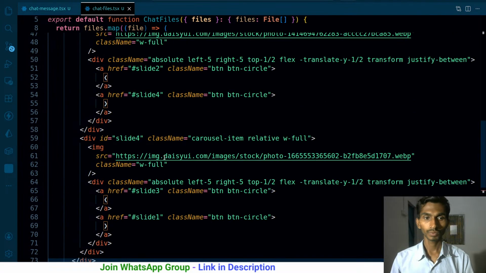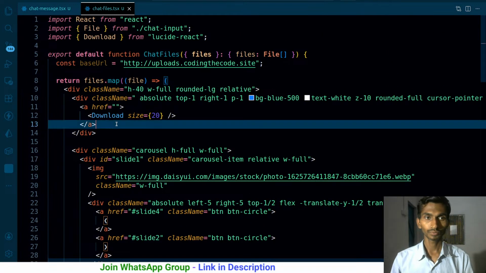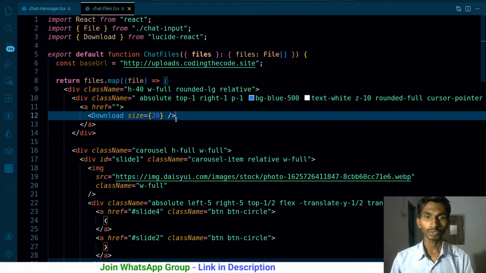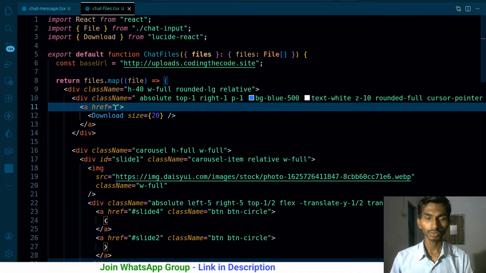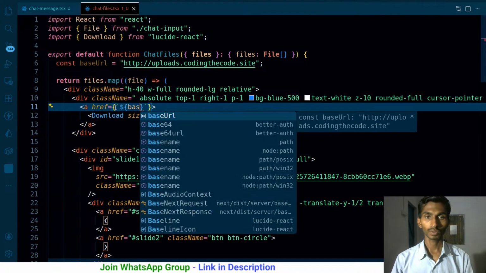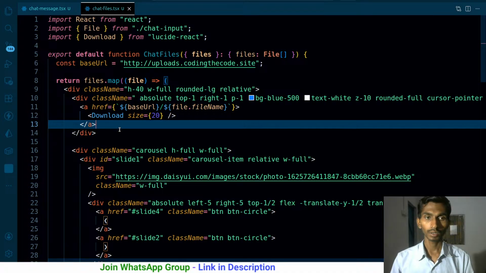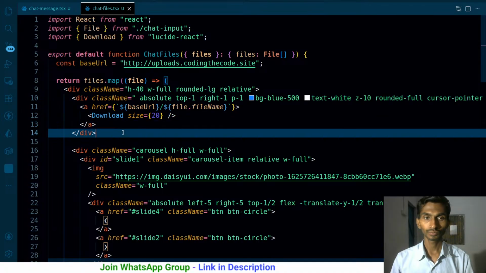Okay, this is how it's going to be going on. And apart from this particular thing, what else? This download option should have base URL plus slash, let's make it like this, base URL slash file dot file name, and it will be downloaded. Apart from this particular thing,